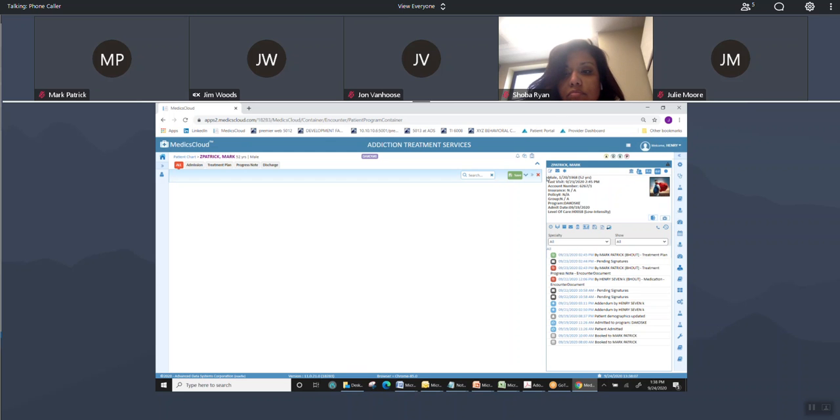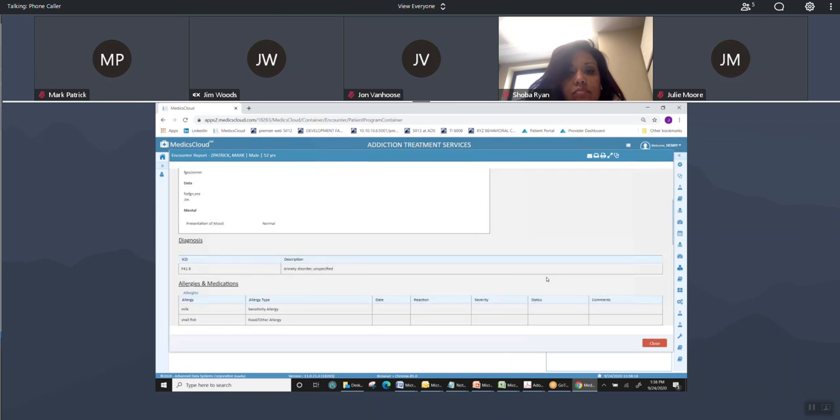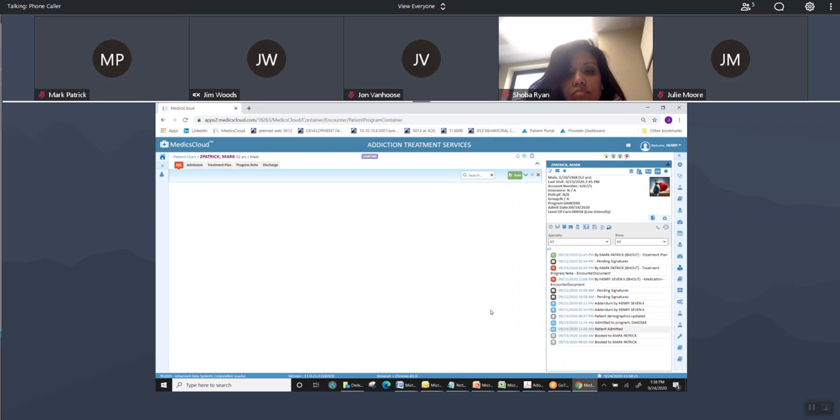So the timeline follows you everywhere. So if you're ever doing a note and you want to review a previous note while you're working on the note that you're doing today, you can open up any of these notes over here on the side just to reference old documents. Okay? Now, when you come into the chart, because I did it from patient programs,